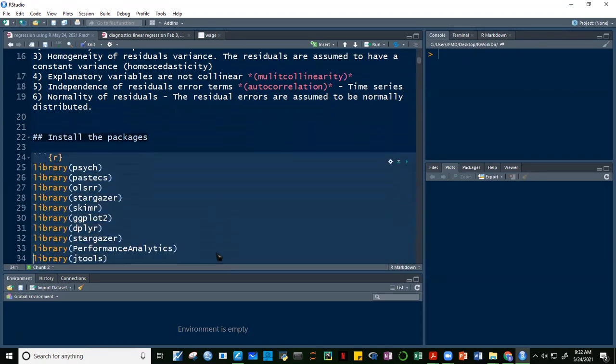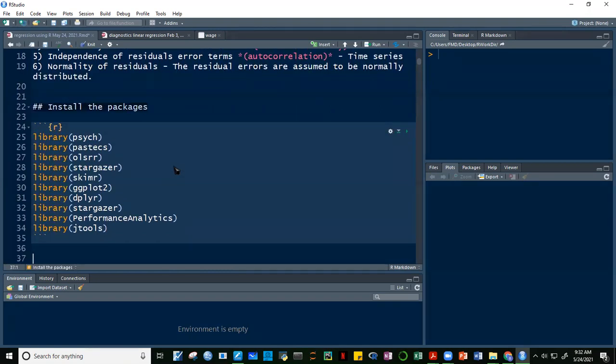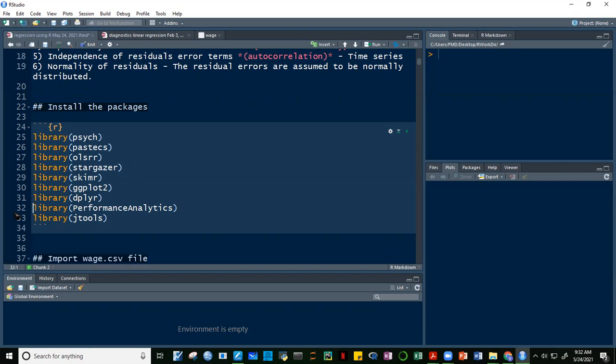These are the packages that we're going to need for this exercise, this activity. We have the psych package, PaceText, OLSRR, Stargazer, SchemR, ggplot, we know, dplyr, oh, sorry, there's a repetition of Stargazer. And then we'll also need PerformanceAnalytics and JTools. Some of this you have already installed, and some you might not have yet installed, okay? So for those of you who have not installed some of the packages here, kindly install them and then require them,